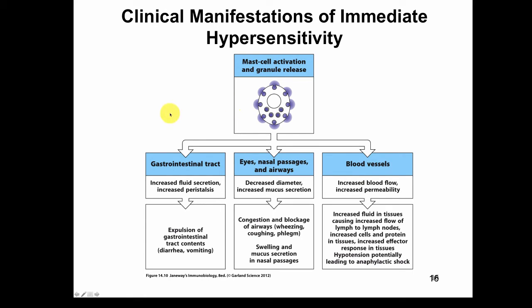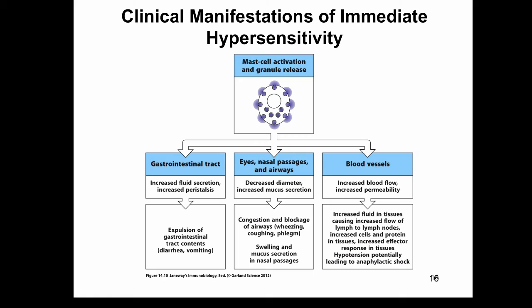I mentioned this earlier to a certain extent. If the reaction occurs in the GI tract, you'll have increased fluid secretion and peristalsis that's associated with diarrhea and vomiting. If it occurs in the upper respiratory tract, in the eyes, in the airways, you'll have increased mucus production, sometimes bronchoconstriction, resulting in congestion and blockage of the airways associated with asthma symptoms, additional swelling of the airways, and general nasal